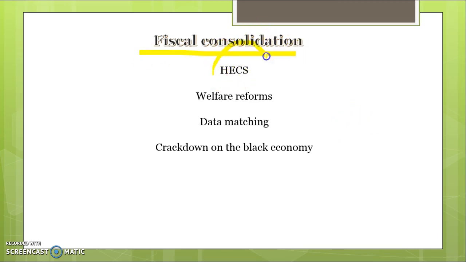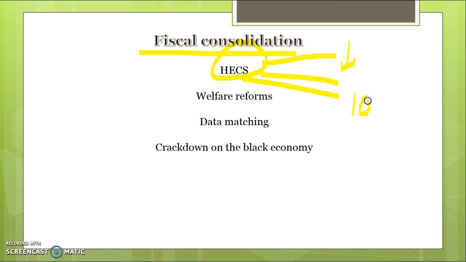Policies for fiscal consolidation, make sure you know these really well. A couple of key things. With the HECS repayments, there's actually three components you could link it to. One, they're lowering the threshold that you have to pay it back. It's gone from around 55,000 to 45,000, so people will be paying it back quicker. They've increased the student contribution amount, so students now have to pay around 7% more of their uni, which basically means the government is funding less of people's university fees. And they've also increased the rates you have to pay it back by.